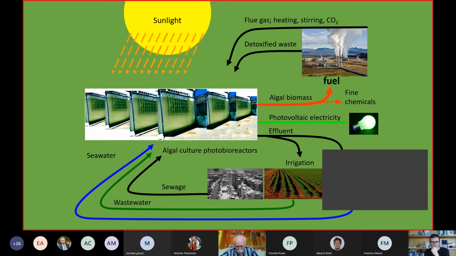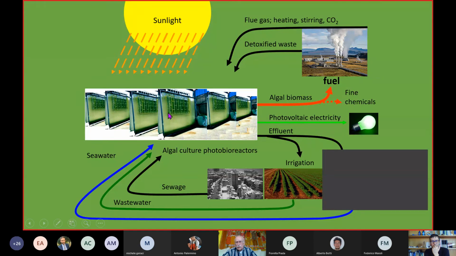And you can grow them in such photobioreactors. And we have also played with a layer of algae and a second layer of photovoltaic devices. It works in a very interesting way because, as you know by now, the algae do not harvest the green light, and the green light is the most efficiently used light in photoreactors.